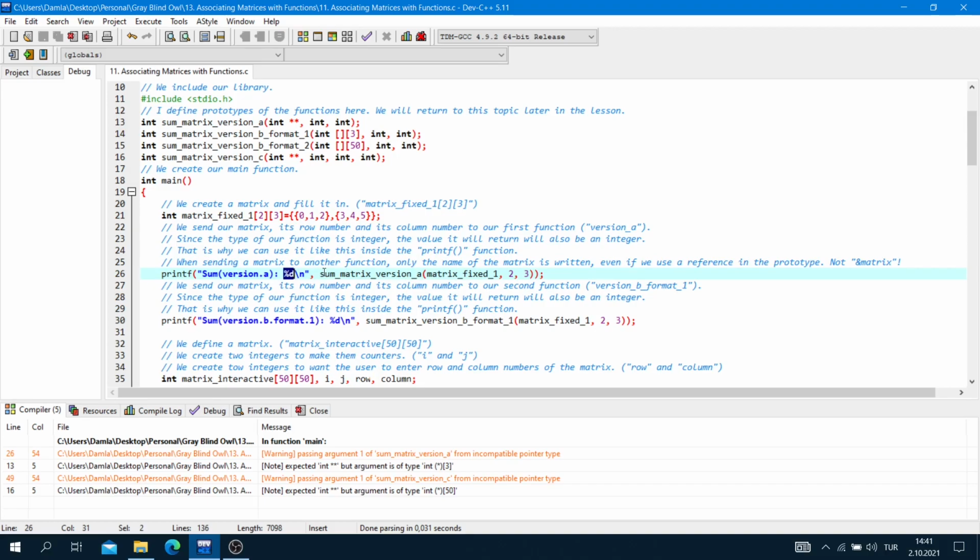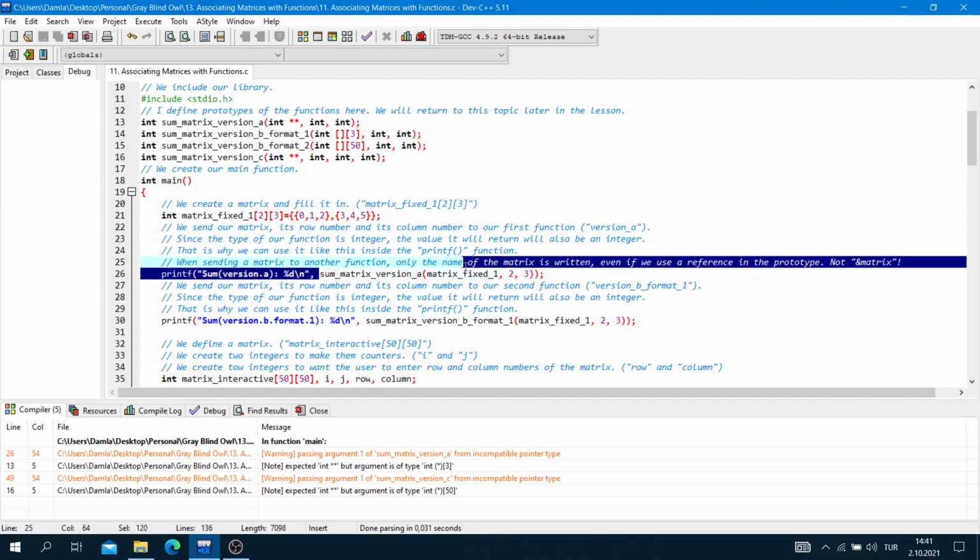It's an integer value because our function type is integer, so it returns us an integer value, and the percent sign d represents this integer value.